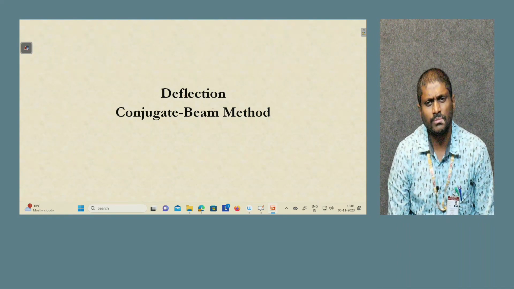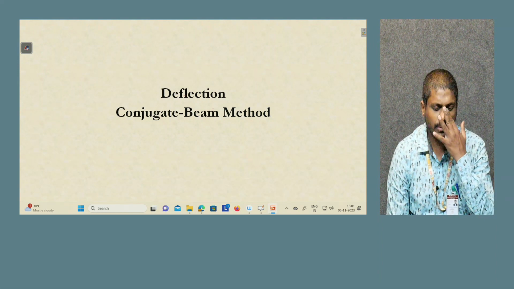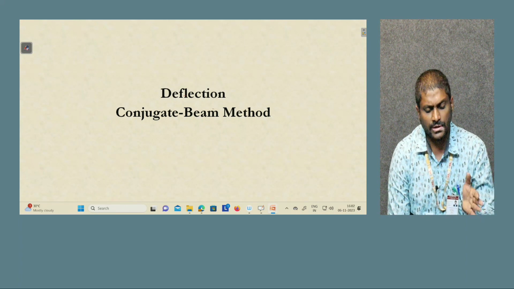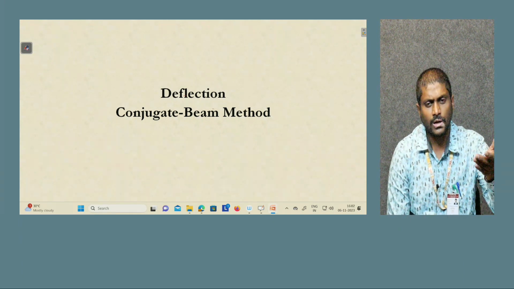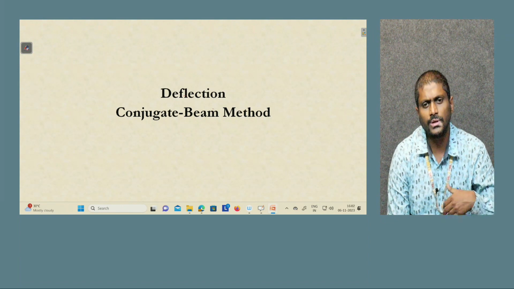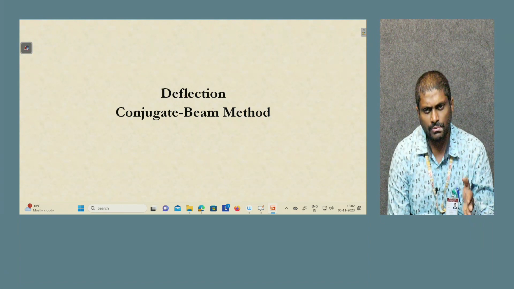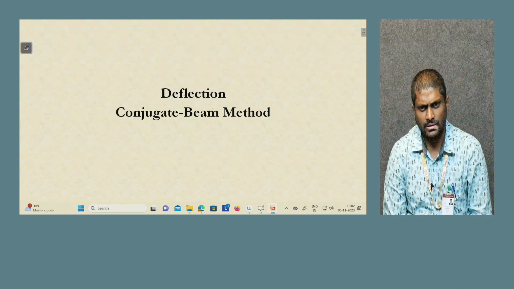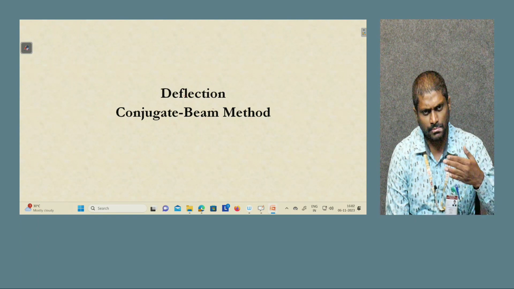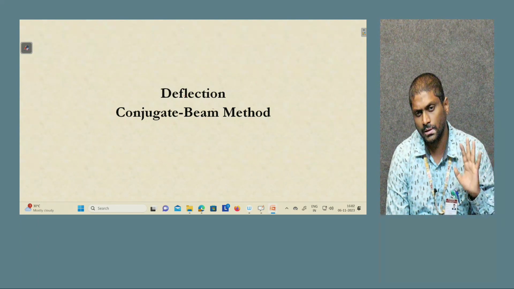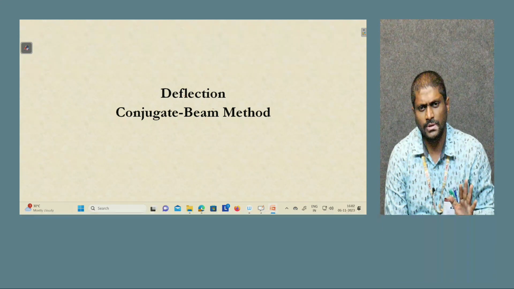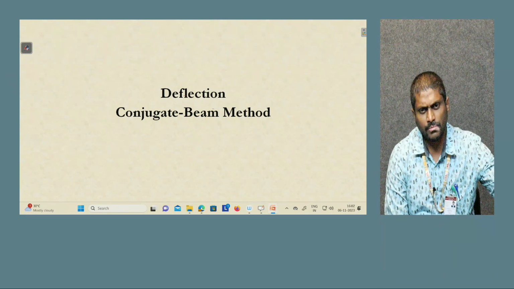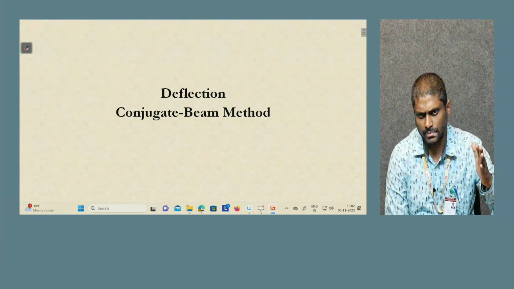Once you get the bending moment diagram, you convert it into the M by EI diagram. Why do you want to convert? Especially when you have different moments of inertia, the diagram automatically changes and will not remain the same. But when the moment of inertia is the same throughout, the diagram remains the same, except the values change. That means you get the M by EI diagram. Once the M by EI diagram comes, only then can you apply this method thoroughly as per the methodology of the moment area method. The area of the M by EI diagram is nothing but the slope,